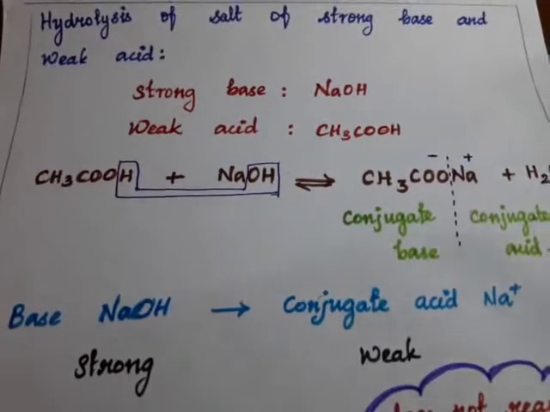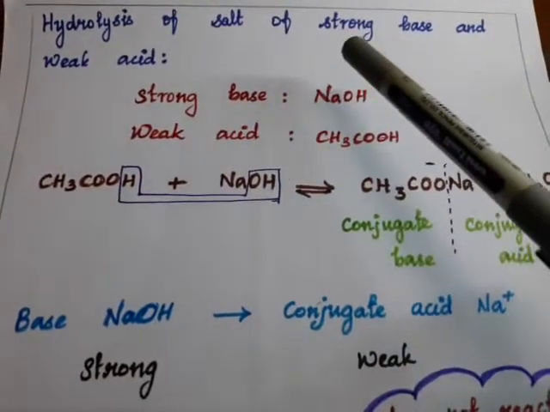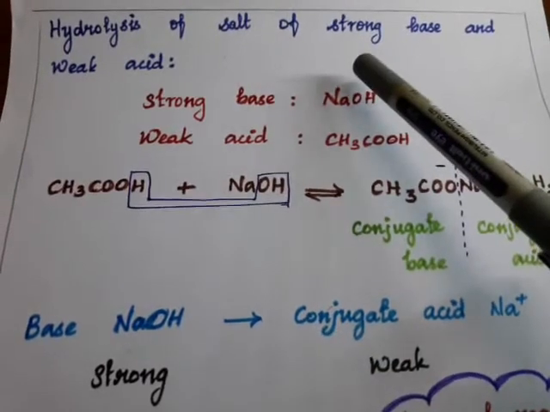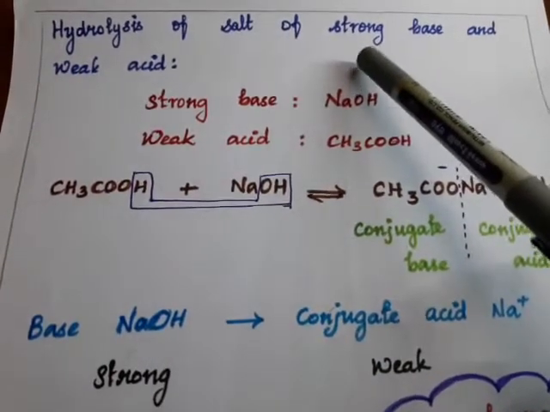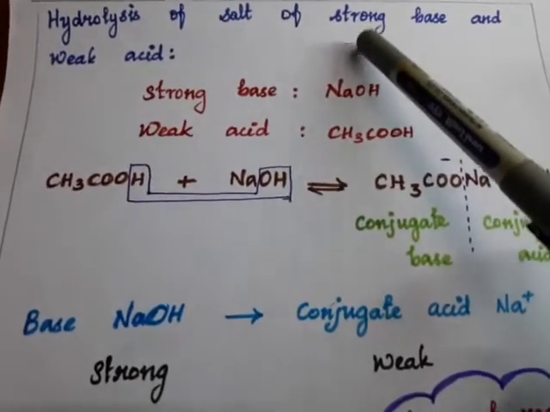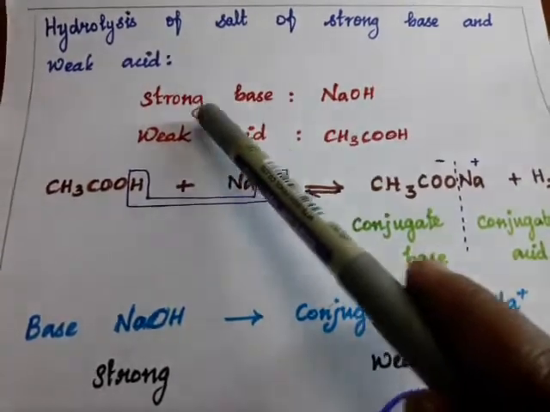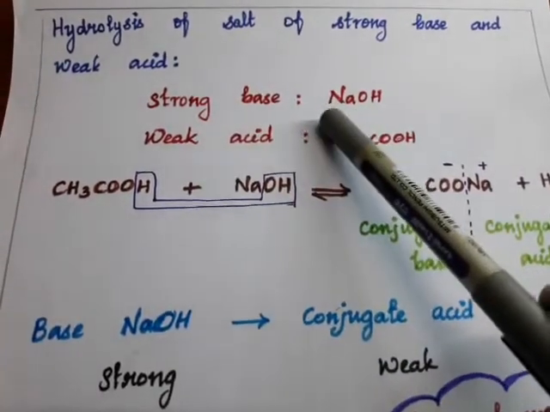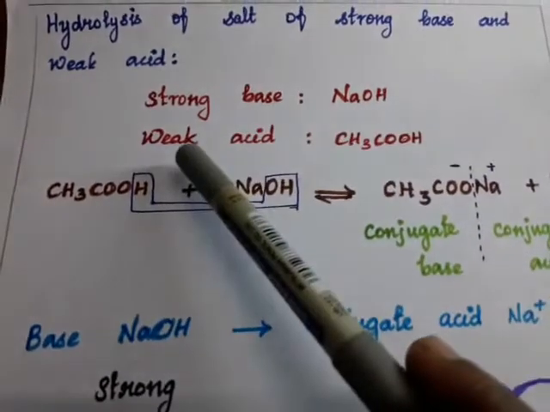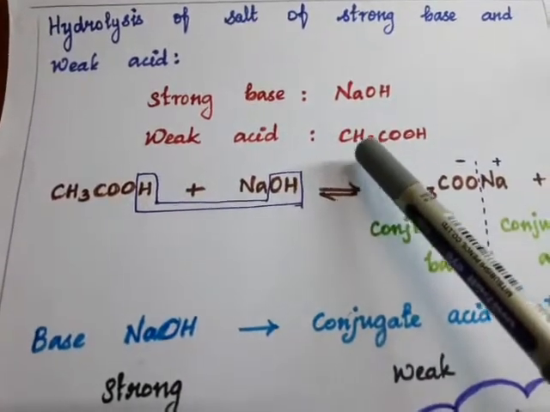Next, let us learn the topic: hydrolysis of salt of strong base and weak acid. Last time, we saw strong base and strong acid. Now, the second one is strong base and weak acid. The strong base example is sodium hydroxide, NaOH. The weak acid example is acetic acid,